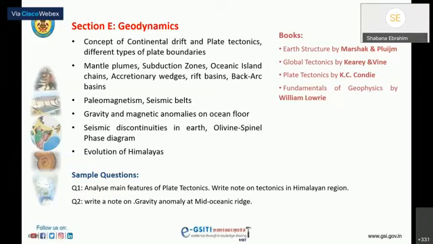And what is the minimum time limit that we can spend to prepare for